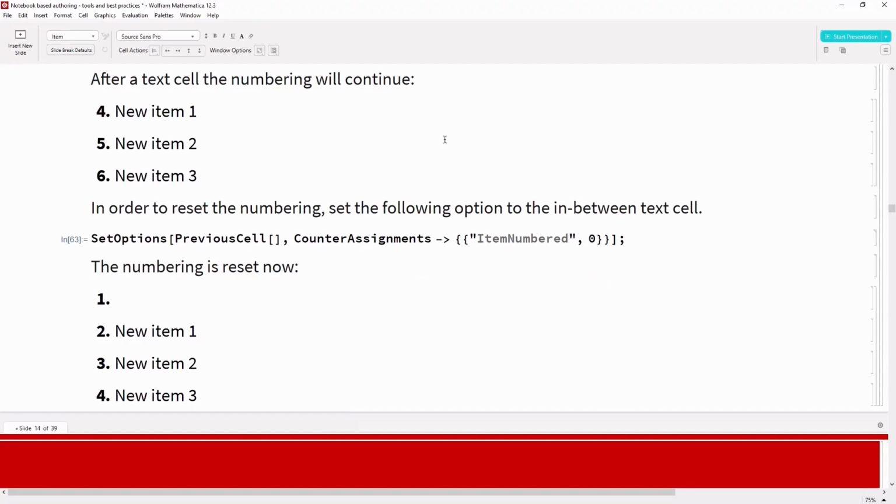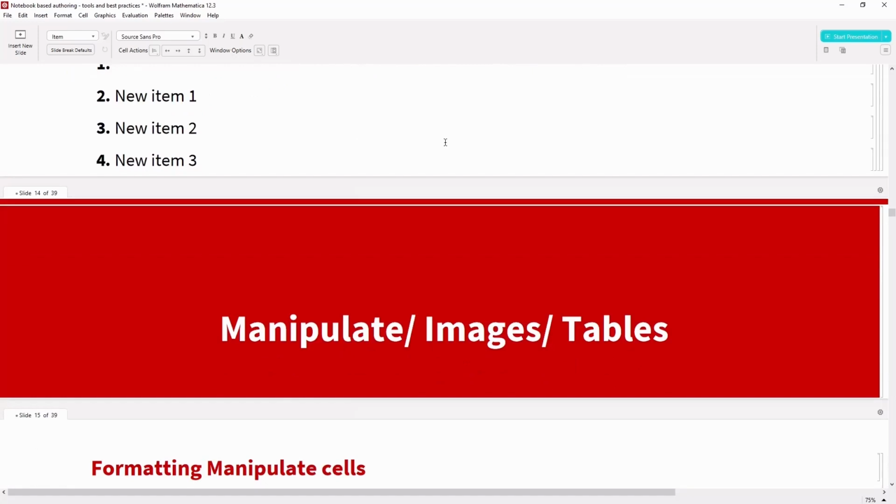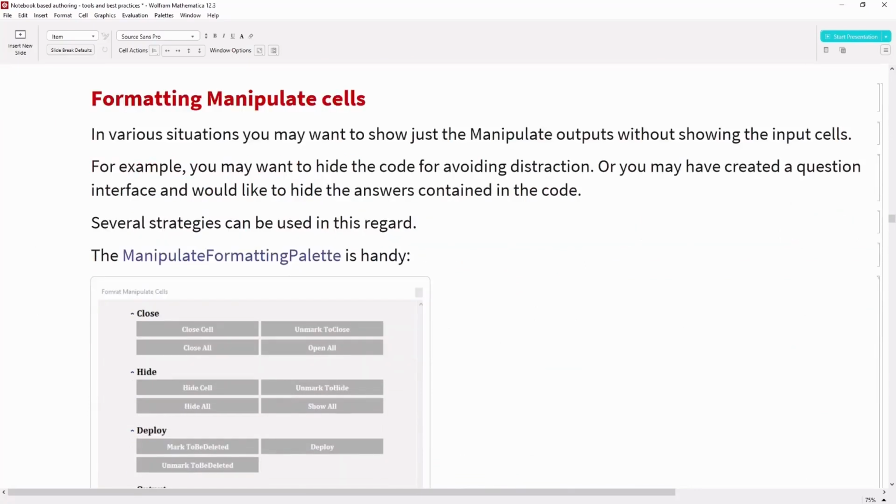Now let's move ahead with the next section. The next section is how we can format or manipulate the cells in which we have our images or tables, and make sure that they are nice looking. In order to do that, we can make use of the ManipulateFormattingPalette resource function.